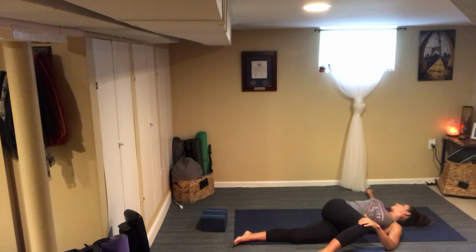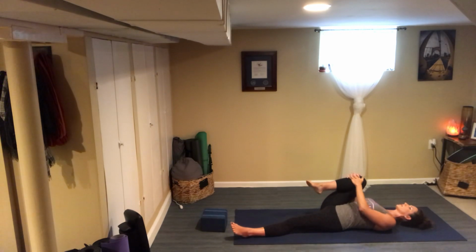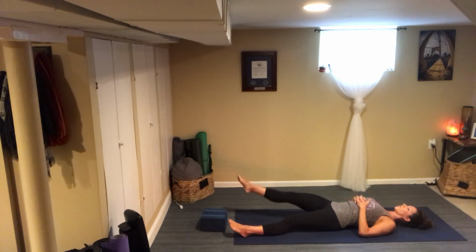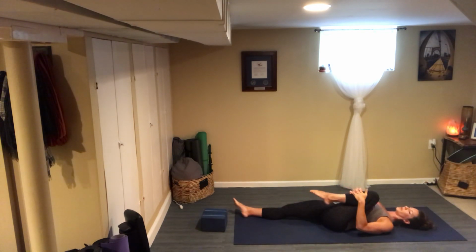Filling out deeply. And emptying smoothly. Just another breath in. And out. Come back up to center, give your knee a little tug. And then exhale, send that right leg long, switch it with the left, tug that left leg in, breathe in,